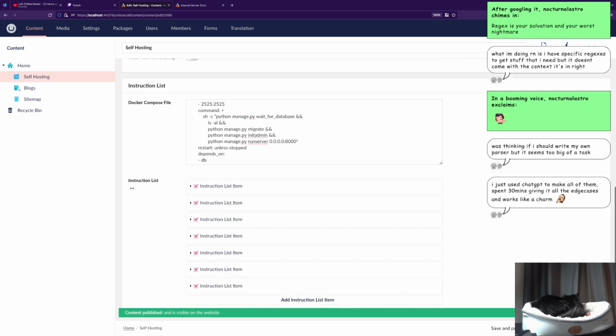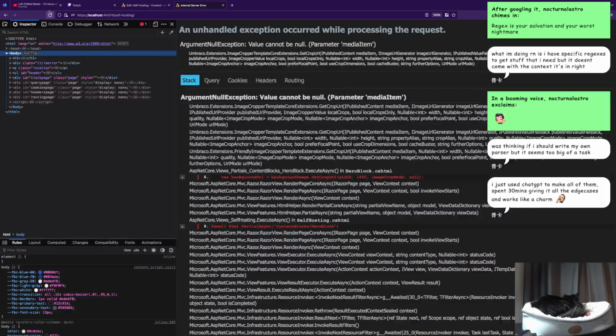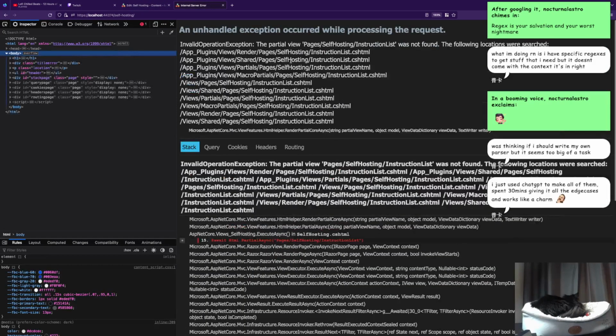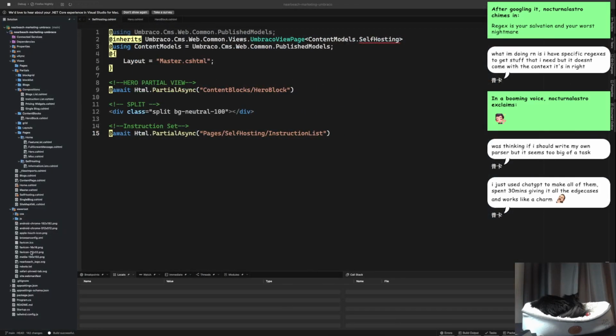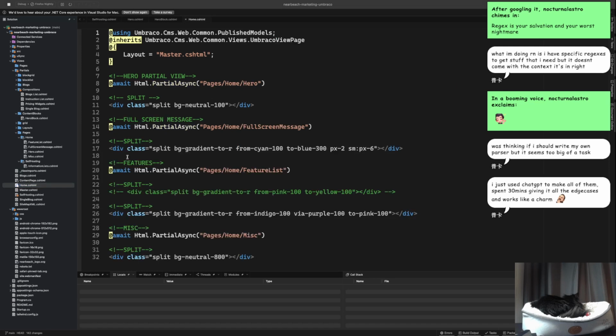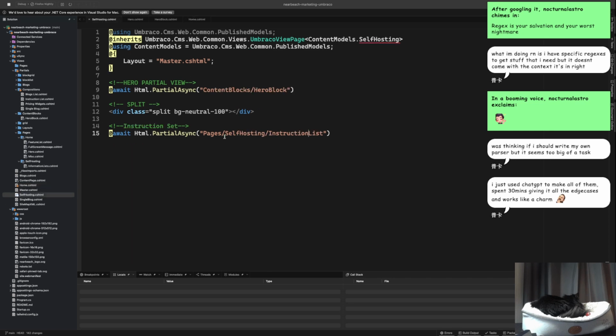All right, save and publish. Then we hit reload. Instructions list. It couldn't find it. All right, so what we're going to do is go to our home. So there's pages. Yep, all right. Self-hosting. So pages, self-hosting, instruction